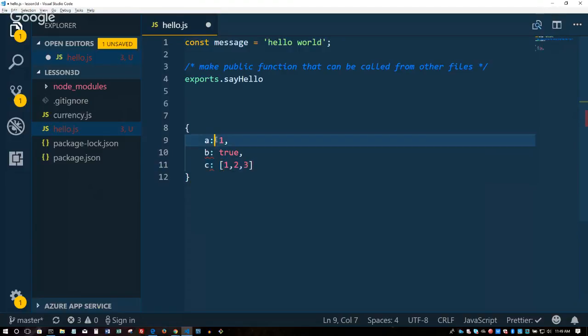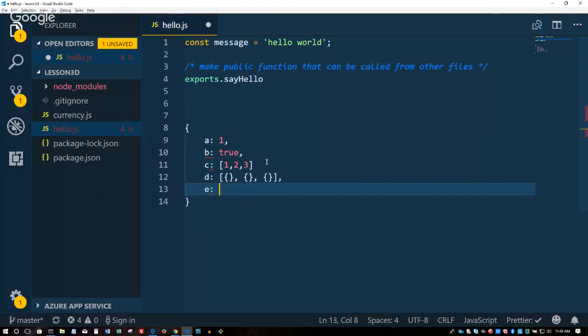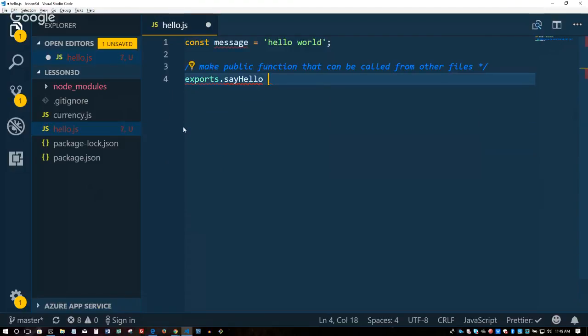JavaScript objects can hold not only simple things, but it can hold more complex things, like maybe an array of different objects, for example. You can do that. I forgot to mention this. Objects can also hold functions. That's what makes it really dynamic. So what's happening here when you say exports.sayHello? We're actually creating our own function and sticking it into this exports object.